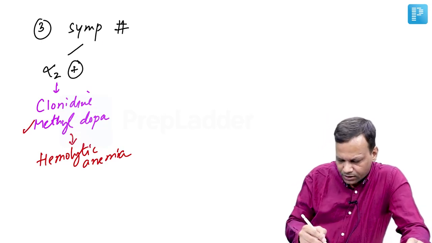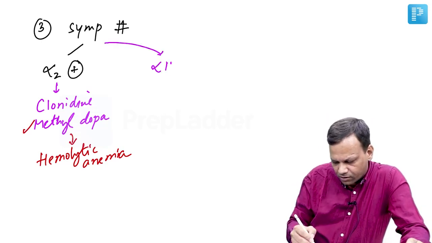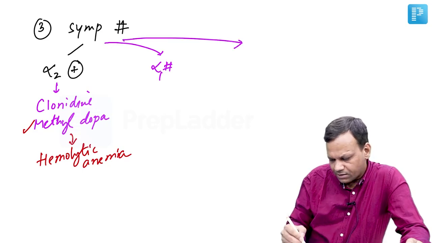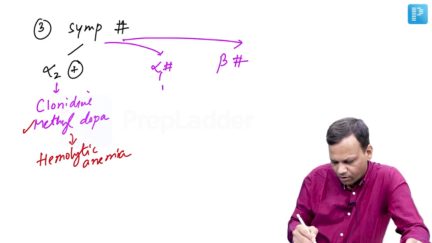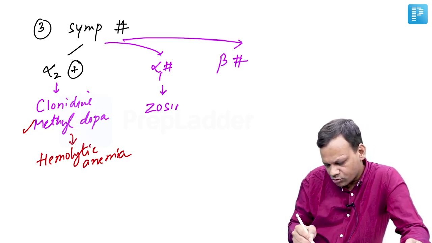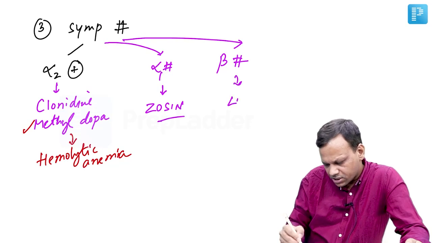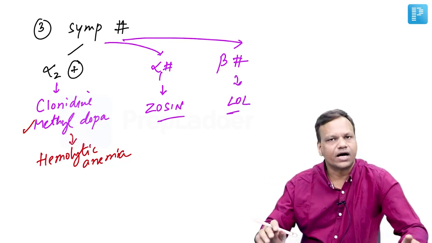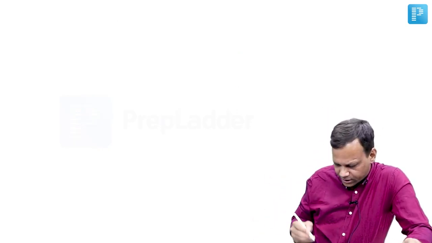Then second, there may be alpha 1 blockers, and there may be beta blockers. Alpha 1 blockers are drugs ending with osin, like prazosin we discussed earlier, and beta blockers are drugs ending with olol. They can be used in hypertension. Then lastly, we have